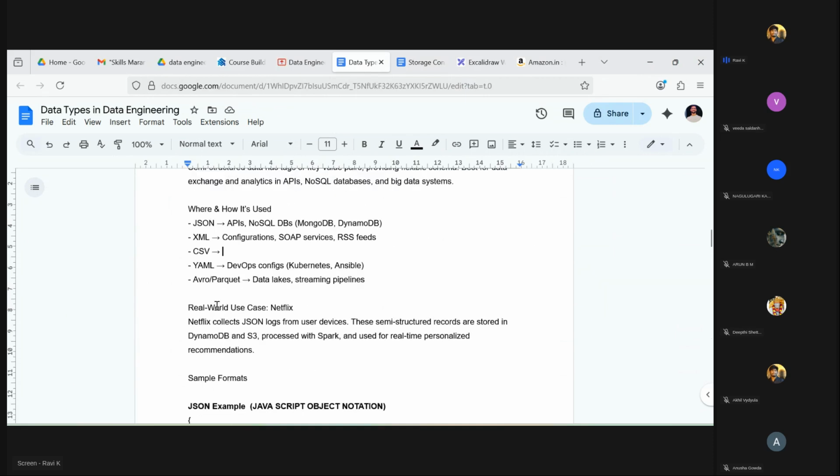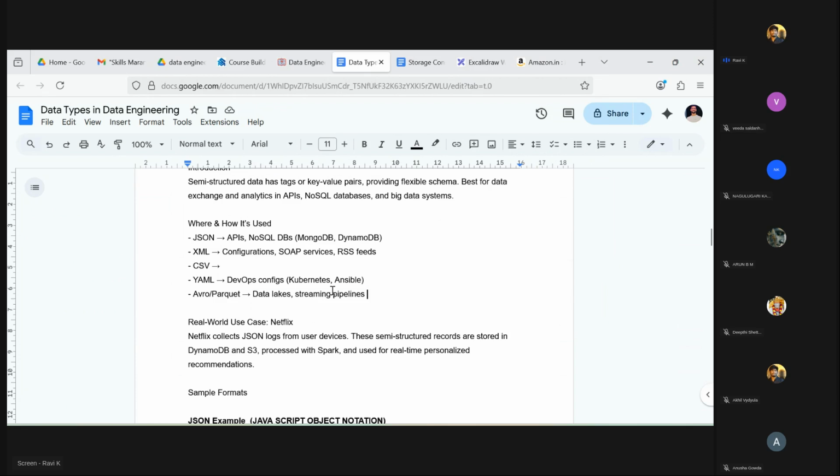Now I'm coming to the most important concept, that is Parquet files. So Avro and Parquet files. These are the two prominent file formats we will use in our day-to-day life. In this data world, we are going to use these files very often, and especially me, for the last 4 or 5 years, I'm just working on Parquet files only. Mostly, I never see Avro files.